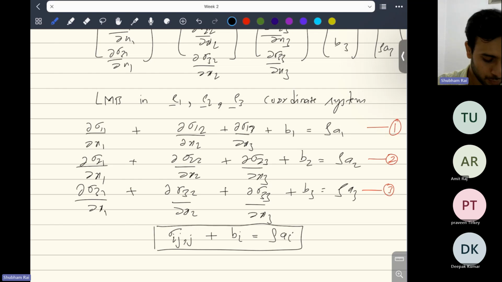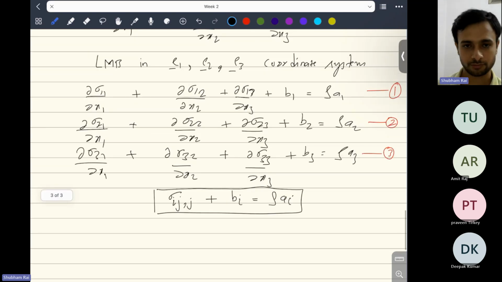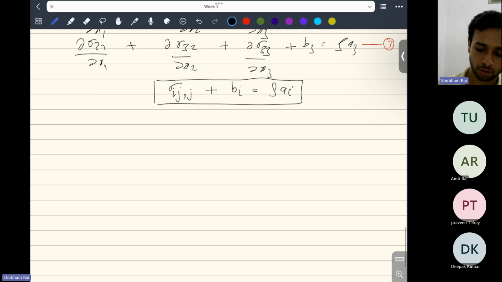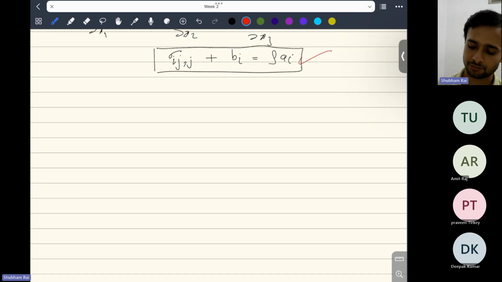Okay, let me move to lecture 6. So this was all about lecture 5, where you will have learned about derivation of linear momentum balance equations. So that gives you equilibrium equations, stress equilibrium equations. So you can remember just this equation finally: sigma ij comma j plus bi is equal to rho ai. So finally, in lecture 6,